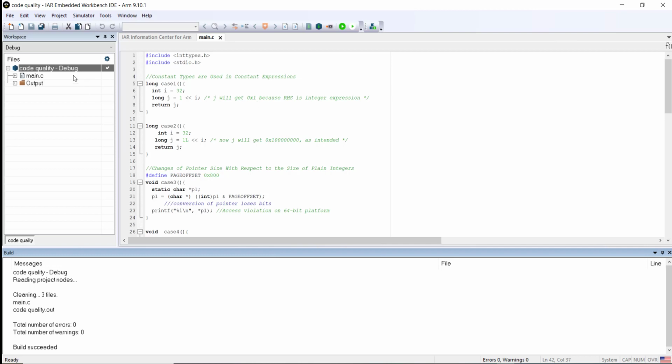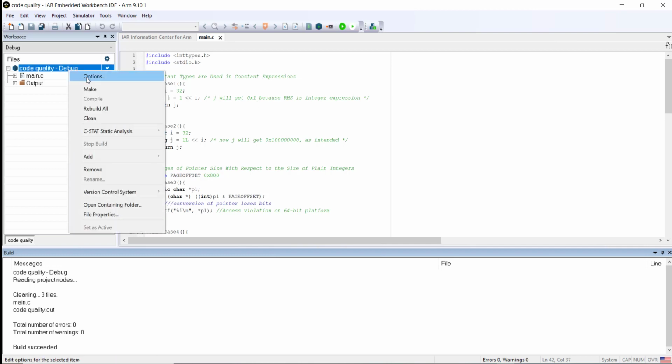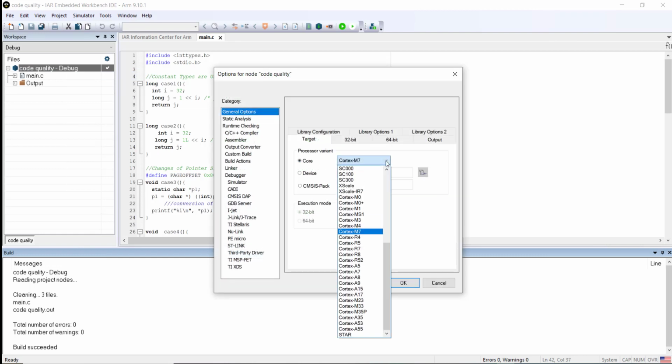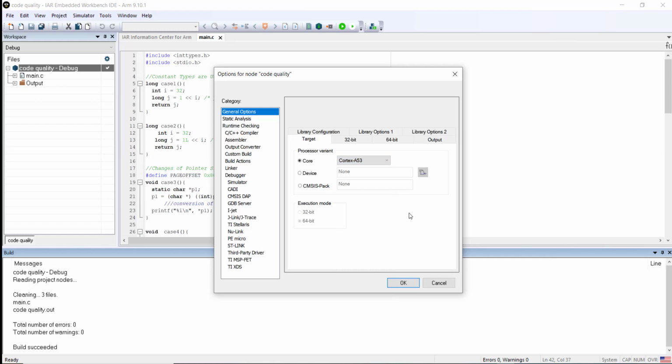Now I'm going to move this to 64-bit. The first step is to select a Cortex-A53. You can, of course, also select, for example, a specific device like the NXP i.MX8 or the TI devices from the list, but for this purpose, I'm using the generic Cortex-A53. Next step, you also have the chance to work with a data model. So an easy step would be, if you are moving to 64-bit,